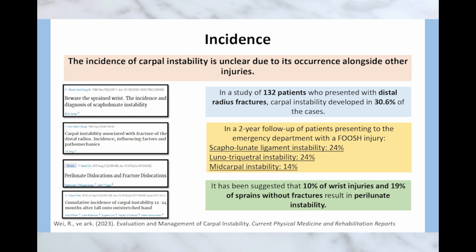Well, simply put, it's when the way the bones in your wrist are supposed to be arranged and work together is lost. And this usually happens when those ligaments, those strong bands of tissue that hold the bones together, get damaged. When this misalignment happens, it throws off the smooth, efficient movement of your wrist. People might feel pain, swelling, or they might feel like their wrist is giving way. That's the instability part. And of course, that limits how you can actually use your hand.